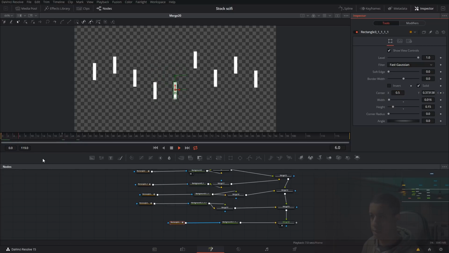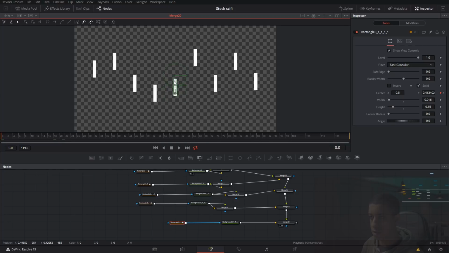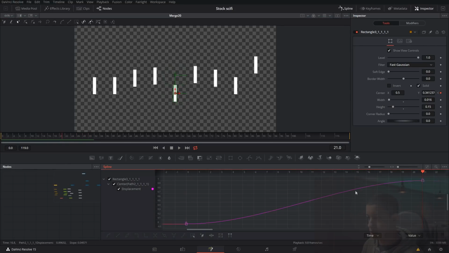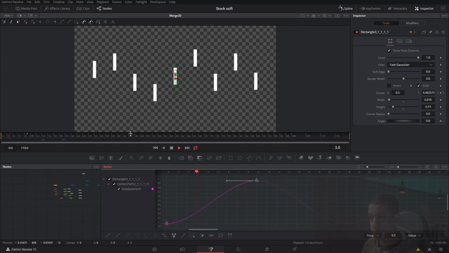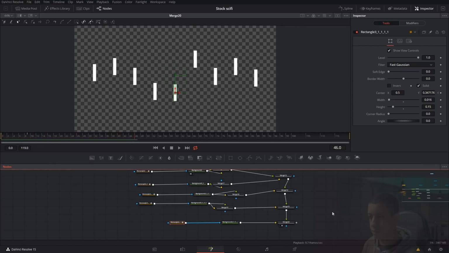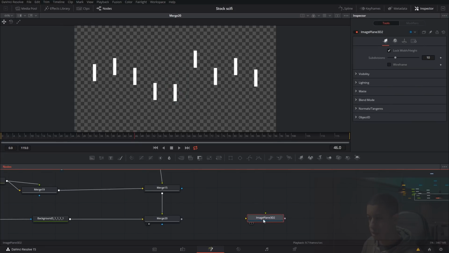All right. And then we'll just change its position. So I'll have it start down there and come up to like there. And I think I want to change its speed as well. So I'll bring this back. There we go. Got stuff moving all over the place. It's looking great. And we'll just grab an image plane from right here, connect this over, and we'll just take